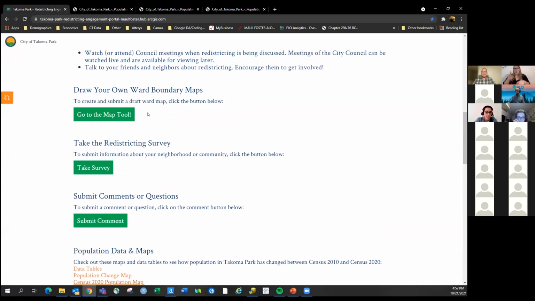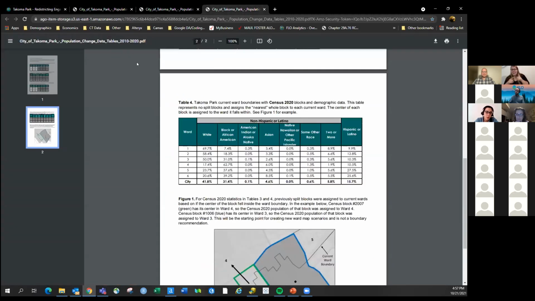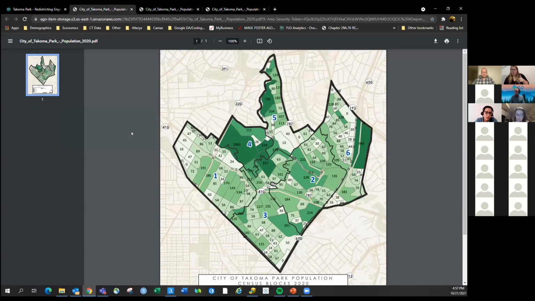Ben, can I interrupt for a minute? This is Jessie. Would you just take a moment to tell people what a census block is? Maybe pull up that other map again. Yeah, definitely. That one. Just the smallest unit of geography that the U.S. Census uses for enumeration purposes,